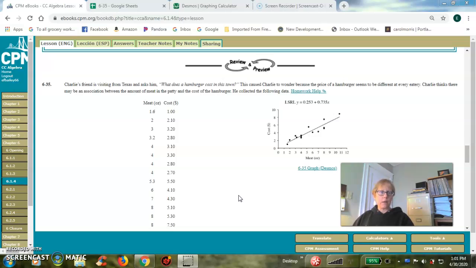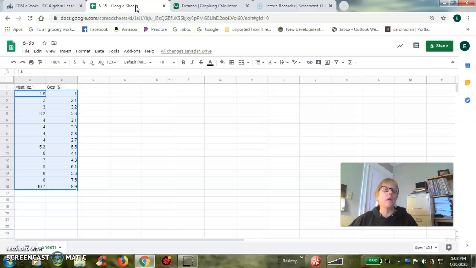about Desmos Graphing Calculator. So you can see instead of a slideshow, I've got the book up here. So I'm taking a look at problem 635 just because what I'm going to do is use this data here to show you a couple of things on Desmos. So this particular problem is really about the cost of a hamburger based on the amount of meat that's in the hamburger. All right, so what I did is I took that information and just put it in a Google